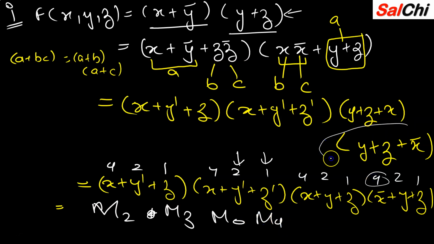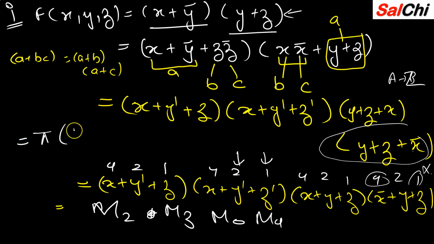That's why I rearranged the positions here, because if you don't rearrange the positions, you would get x1, which is entirely wrong. So you have to arrange them in alphabetical order, A to Z, A, B, C, D to Z. That's why x comes before y. So I put x before y to get the correct position. Now just write in the pi form in ascending order. It will be 0, 2, 3, 4. That's your correct answer. This is how you have to do it.